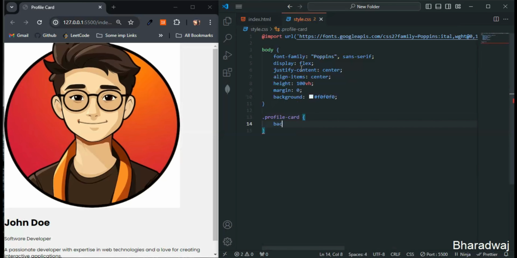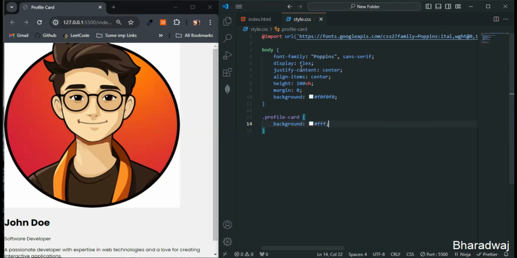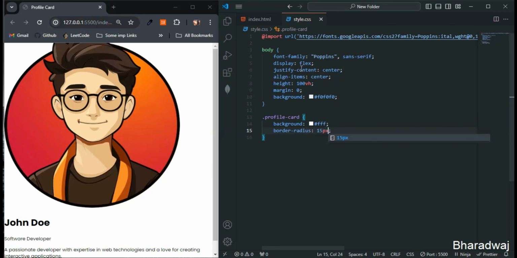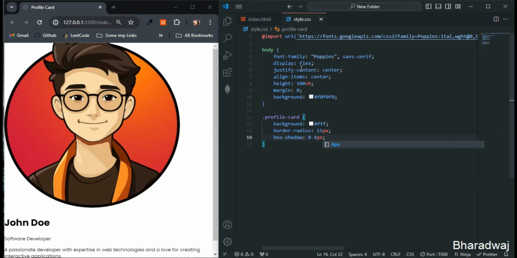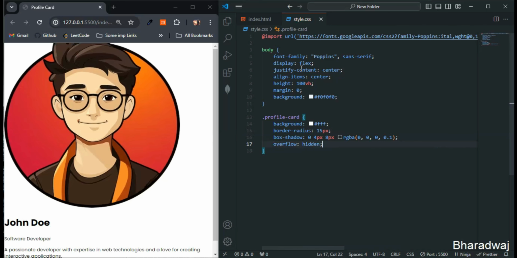For the profile card, let's give background white, border radius of 15 pixel, box shadow 0, 4 pixel, 8 pixel, and let me make use of the RGBA 0, 0, 0, 0.1. Next, overflow hidden,